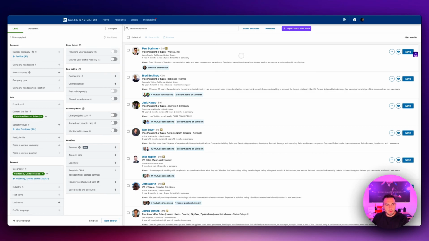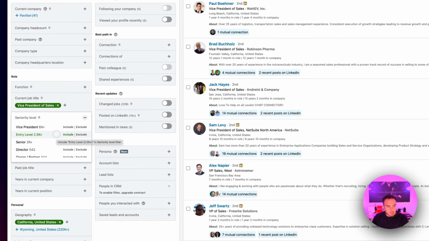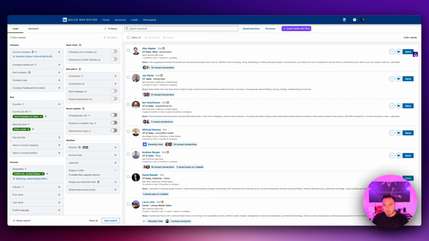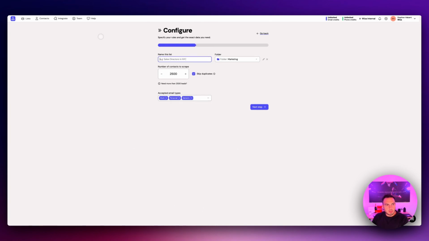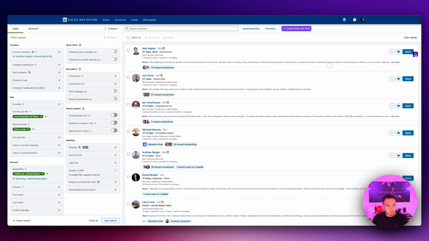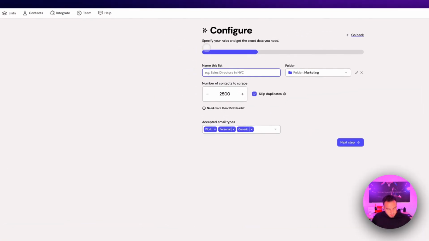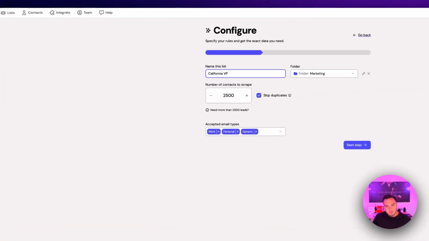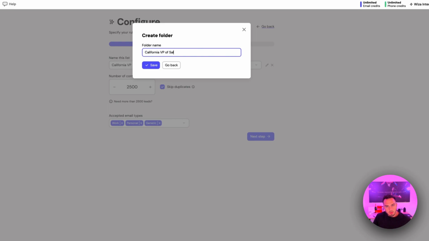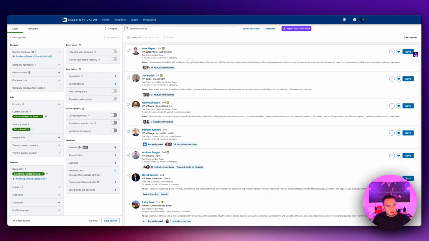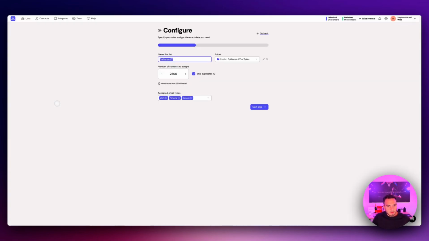If you are using Wizza, make sure you're naming your list right when you export it. What I will do here is start with entry level, let's say, and I have 2,500. When I export it with Wizza, I'll make sure my nomenclature is right. So I'll say California VP of Sales, or I'll just make a new folder. Now I know everyone in that folder is California VP of Sales, so I don't need to repeat that. And I'll just say seniority,